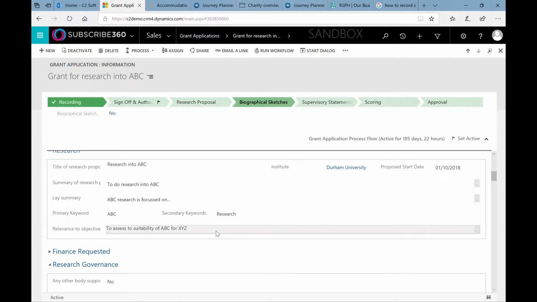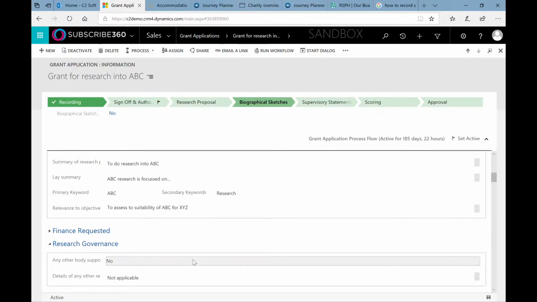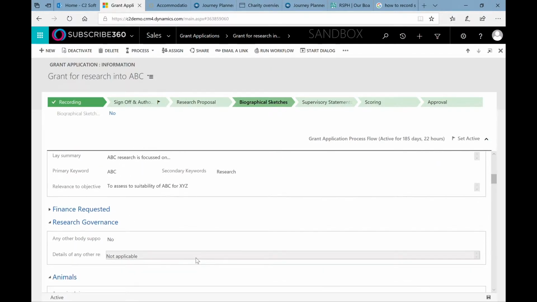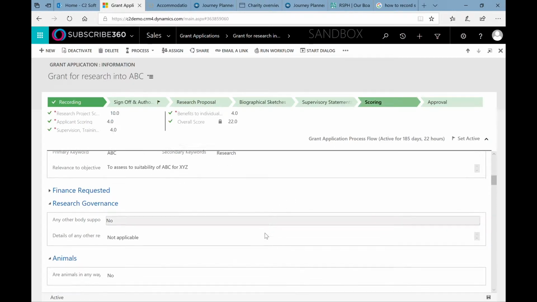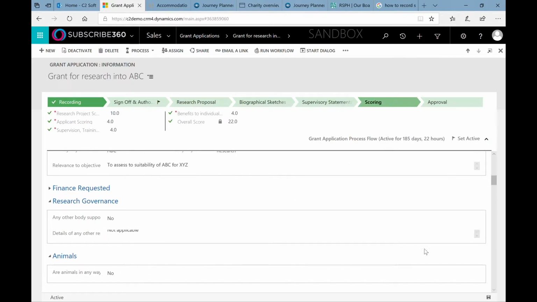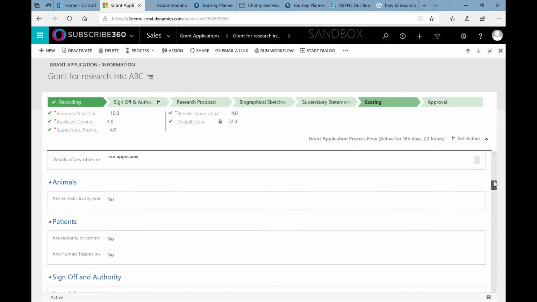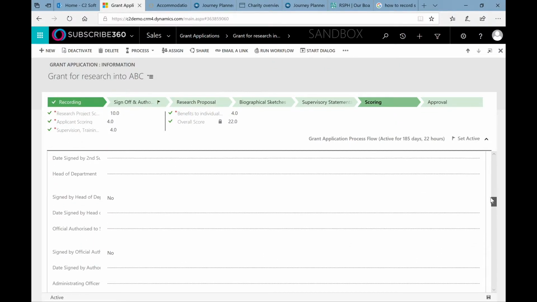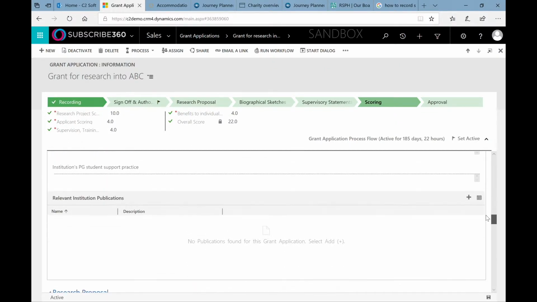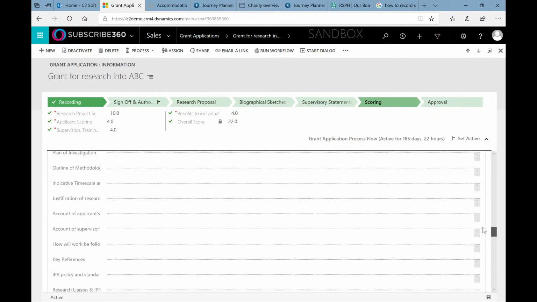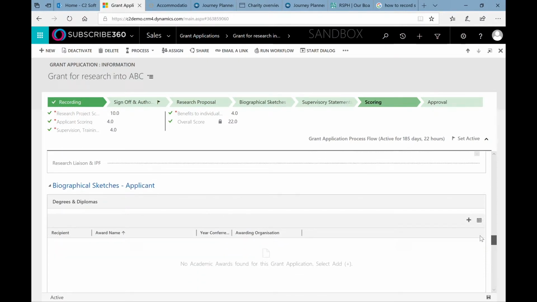And these just, as I said, this is just the way we've configured this particular framework. So each one of these tabs, if you like, need completing before actually moving to the next stage in the process. There's supervisory statements on here, have they been submitted and who they've been submitted by. There's even a scoring section on this particular application where we can, if we scroll down towards the bottom of the actual application form, right down towards the bottom, it's working its way down there,